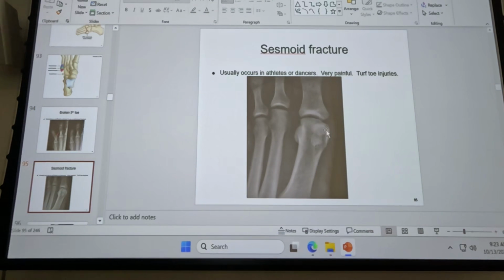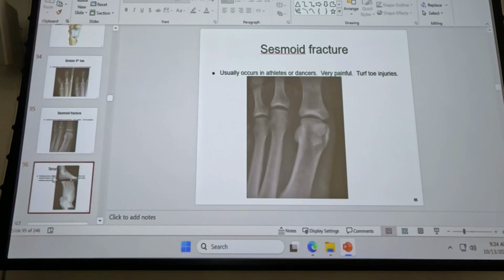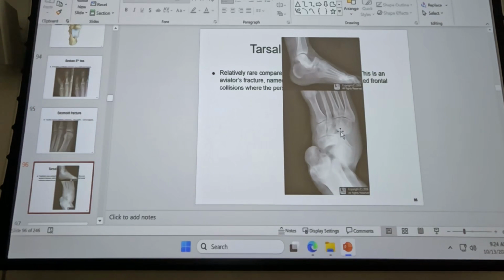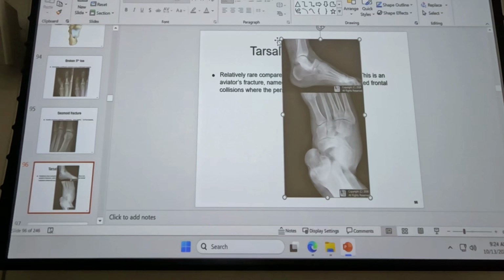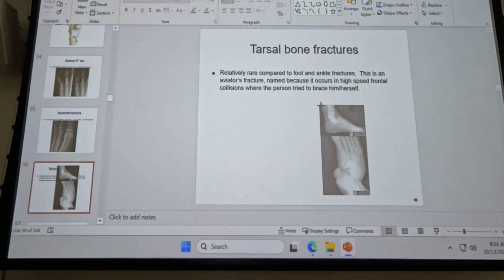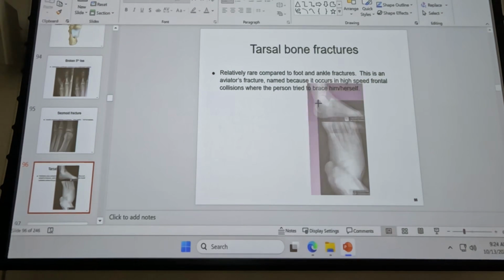So broken sesamoid bones, you can see what almost looks like 3, but that one's just broken in half there. So what they'll have to do is they'll have to go in and probably remove one of the fragments of that. So I don't know that this is truly, I think I've got that labeled as an aviator's fracture, maybe,